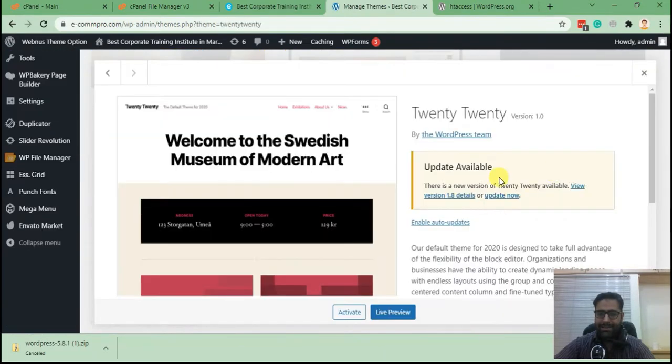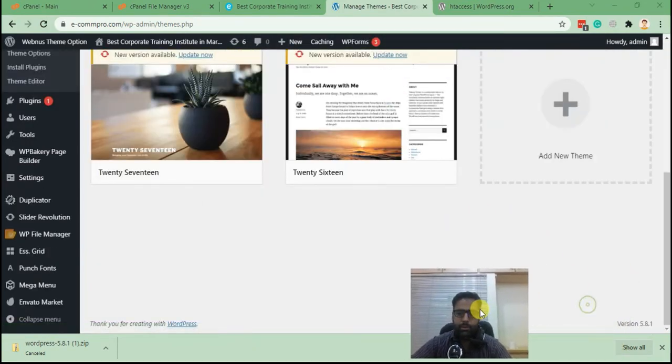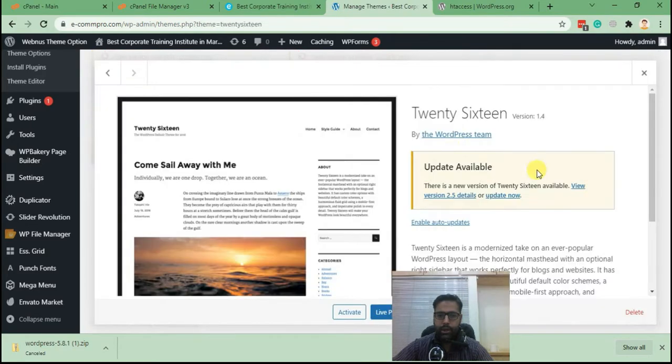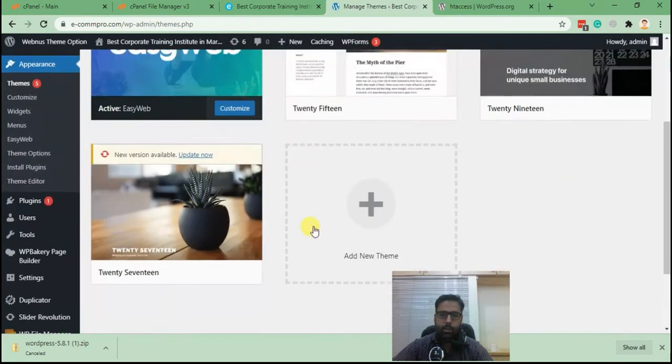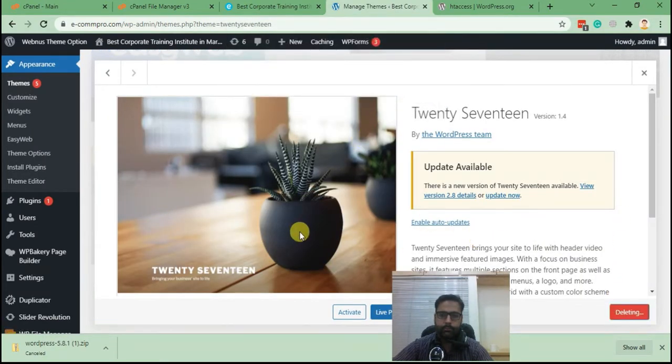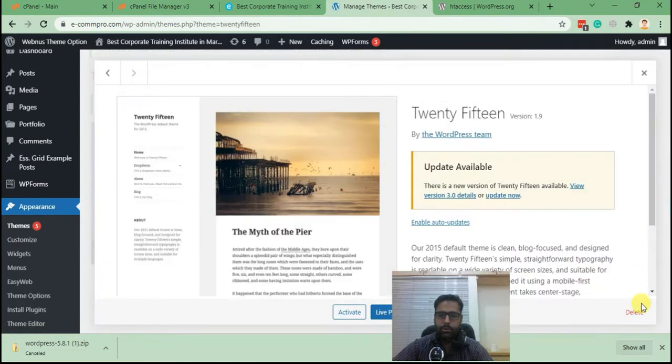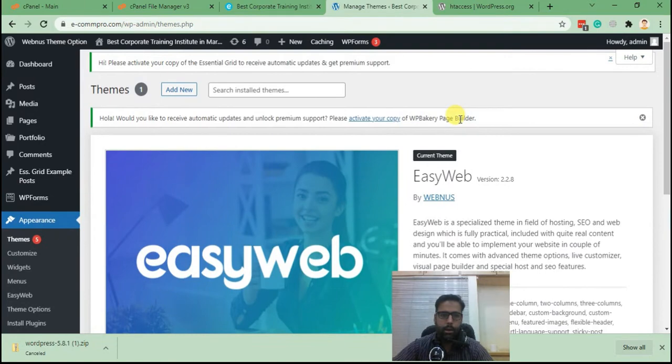So we will just delete all the unused themes because we don't need those. And why should we have extra files when we don't need them? Just deleting is a better option, right? So I'm deleting all the additional themes, and here we go. Our themes are now updated,